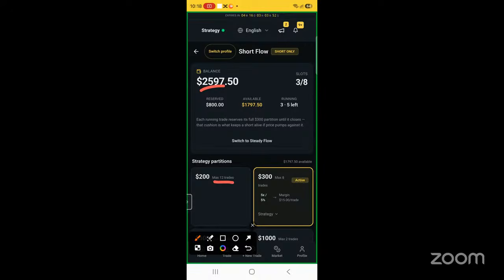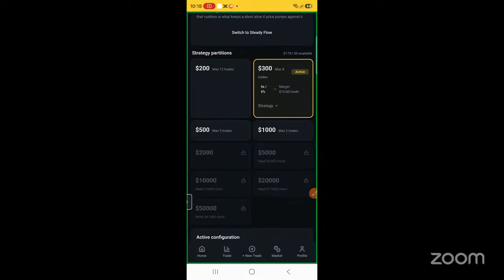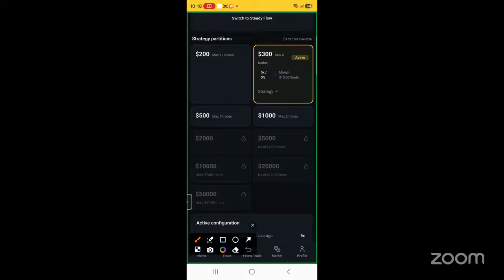The same goes for here, $300 with a reservation of $300 per trade, using this capital to be able to trade 8 maximum trades at any one point. It cannot exceed that, right? So it means whenever a trade is entering, the bot has already secured off the 200 or maybe the 300